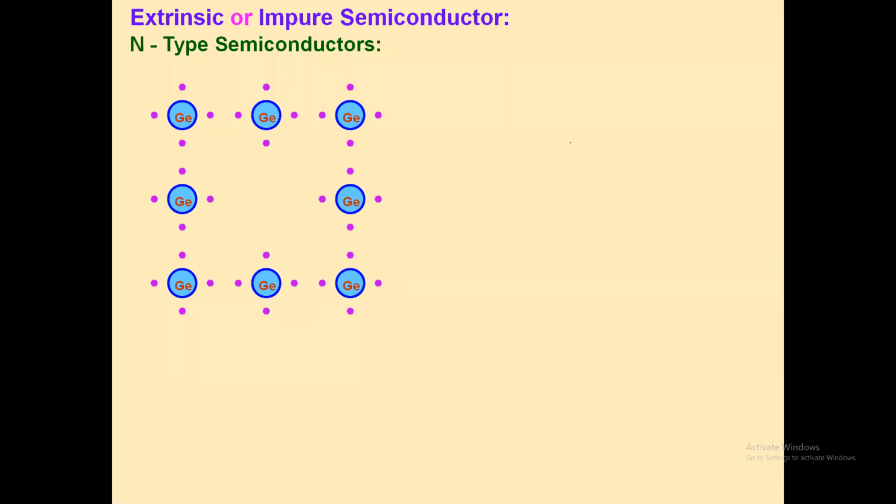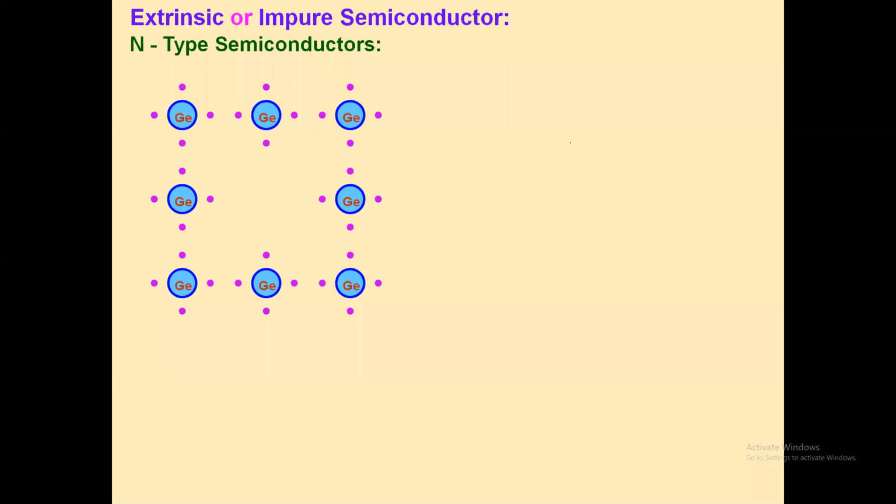It's an N-type semiconductor. Now, when a pentavalent impurity is added to a pure semiconductor, this type of semiconductor is called an N-type semiconductor. Now, why is it called N-type? For that, let me first consider the pure semiconductor. These are the pure germanium semiconductor atoms, and definitely each has 4 valence electrons.